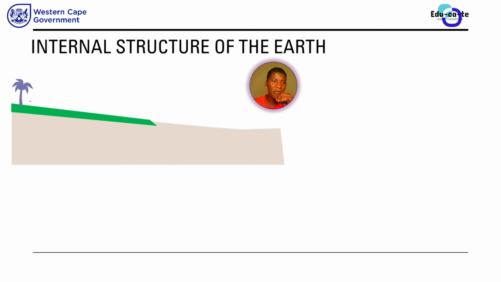Maybe you are sitting here and then these are trees and this is the surface of the Earth. So when we are referring to the Earth's surface, we are referring to the ground, basically where you are right now. That is the Earth's surface. So when we are looking at the internal structure of the Earth, we are trying to look at the layers that are beneath our ground. If you're going to take a shovel or something and start digging, what are you going to find beneath the Earth's surface or under the ground?